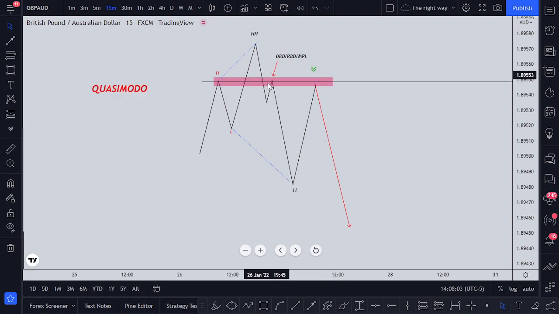Or rally-base-drop, whereby the base is where we had our supply level, or the MPL, the maximum pain level, which is a zone of significance,